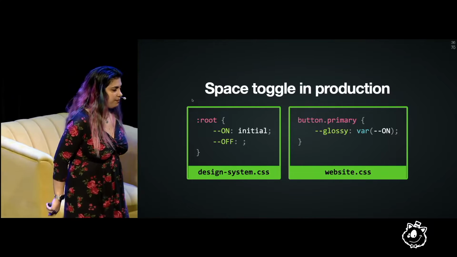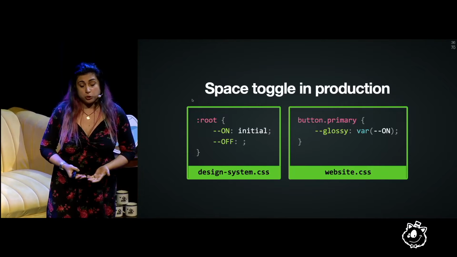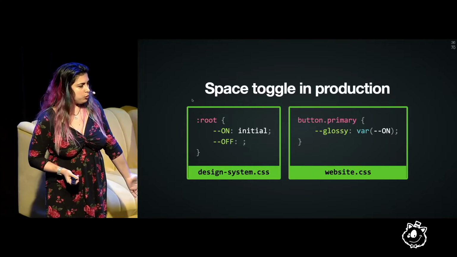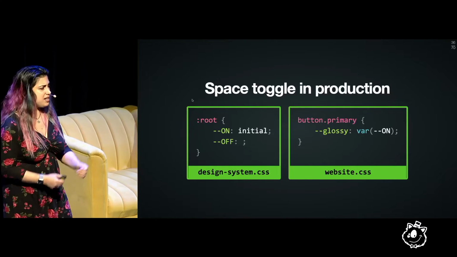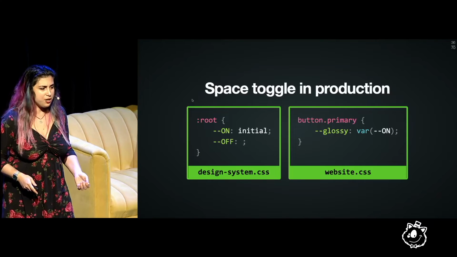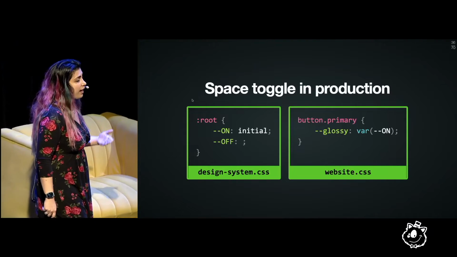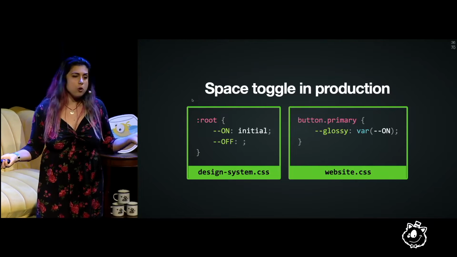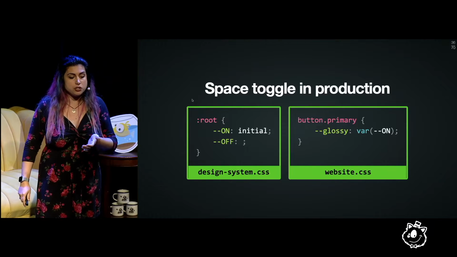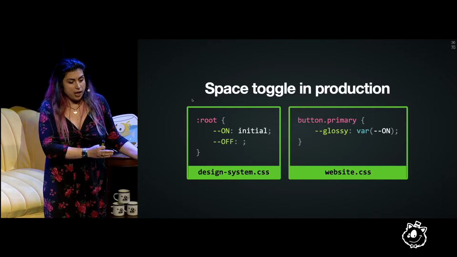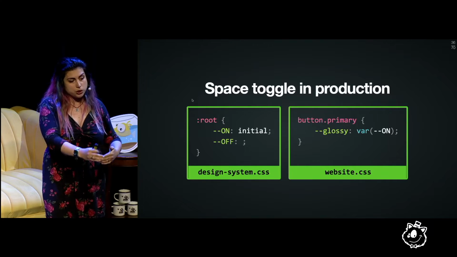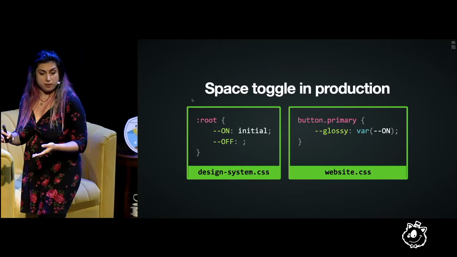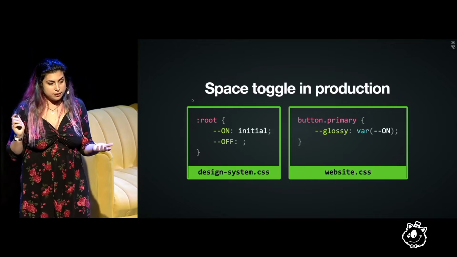So, like I said, yes, if you think of how space toggle works, it's very confusing. If you try to explain to another developer on your team that they have to use space to toggle something off and initial to turn it on, they're gonna be like, "Are you out of your mind?" But you can actually alias these values to nice readable names like on and off, true and false, yes and no, whatever you want. And then you just use these values throughout. So you have a design system CSS file that sets these values and also uses space toggle on a variety of components, and then you just use these variables by setting them to these constants. And they're all nice and readable.